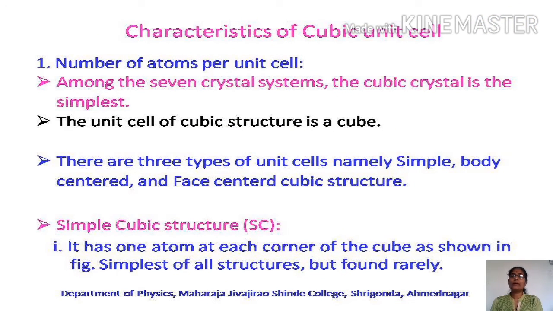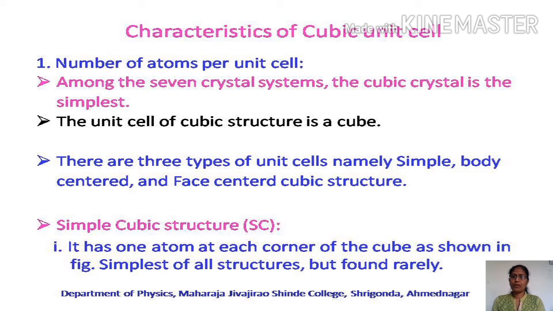As I have told you, there are a few characteristics of unit cell that we have to cover. These are the number of atoms per unit cell, denoted with the letter small z. Then coordination number, denoted by capital CN. Then atomic radius, denoted with small r. Then packing factor, that is APF, atomic packing factor. Then crystal density by rho. It means that all these characteristics we have to cover related to simple cubic structure, body-centered cubic structure and face-centered